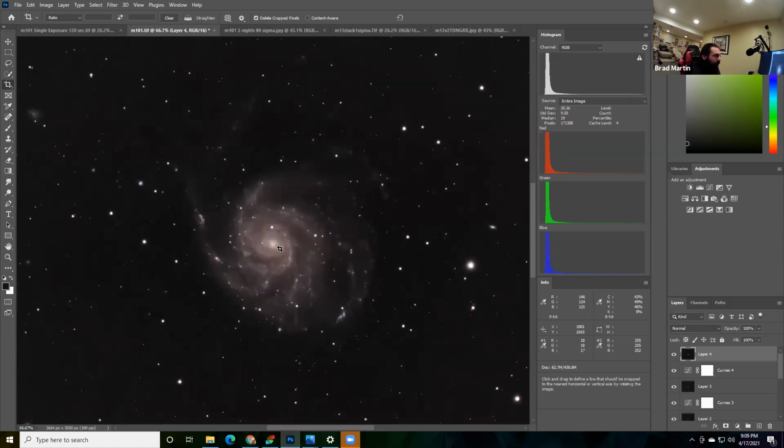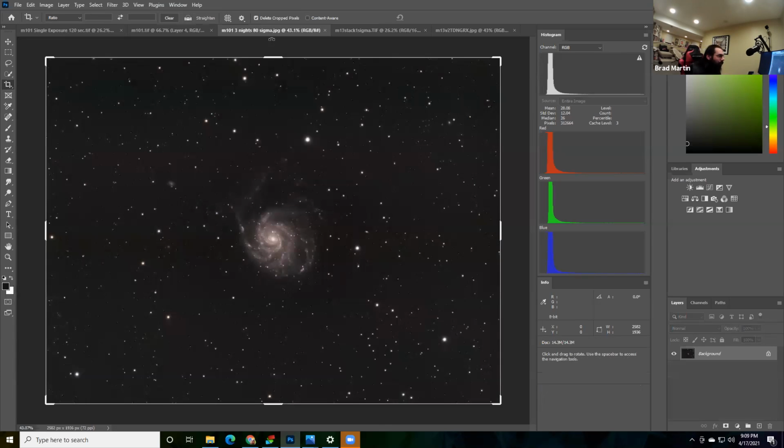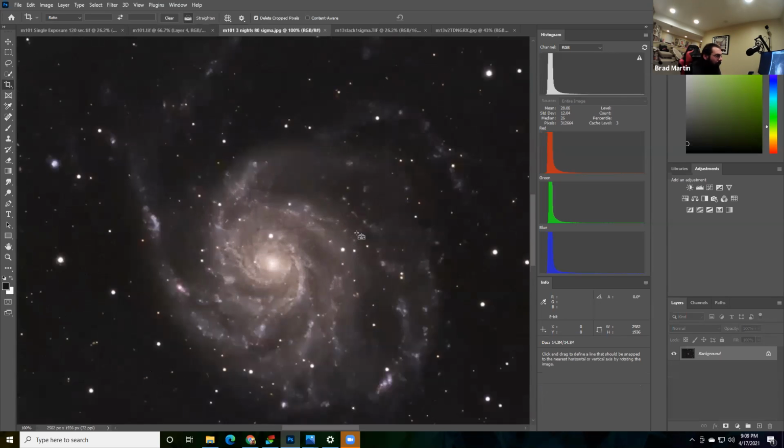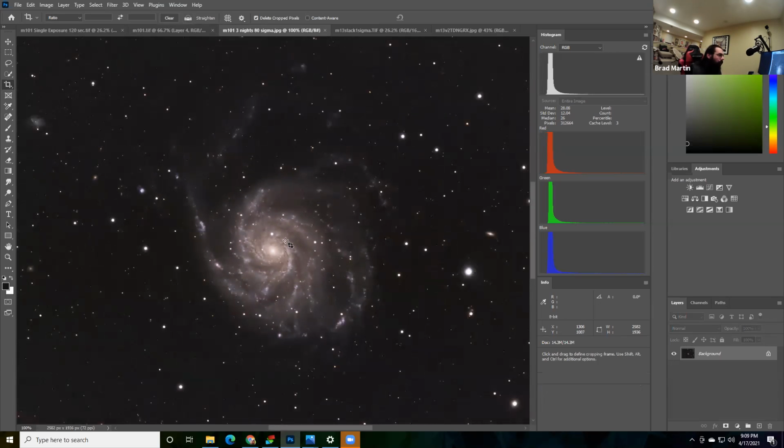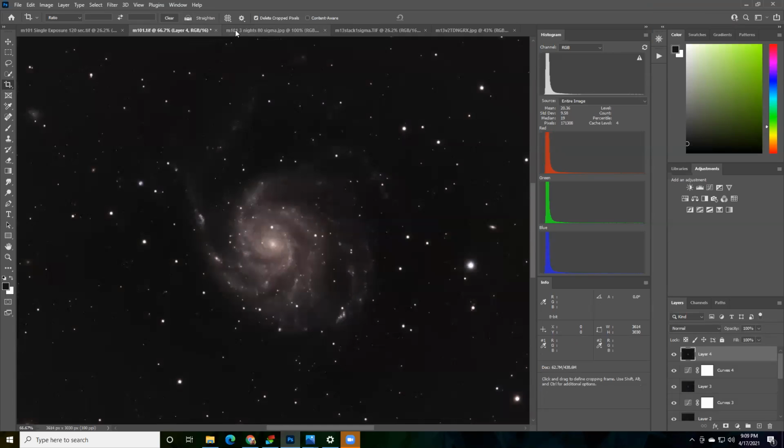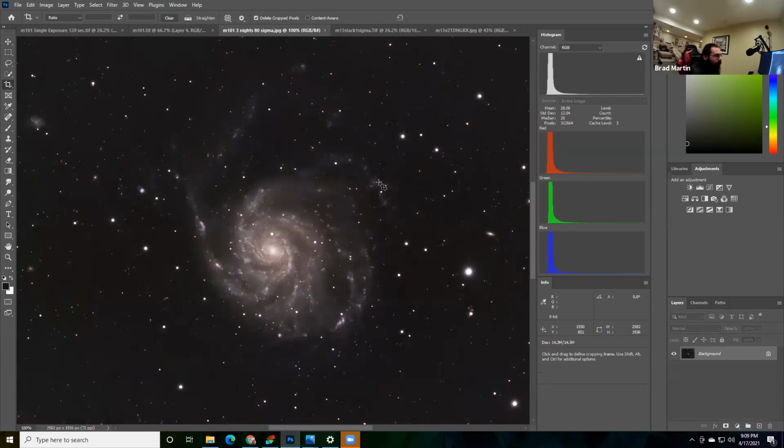So this is what I did in, I don't know, however long it's been since I've been talking. And then here's one that I took my time on of the same object with the same data. It's a little bit better. So I got more detail out of this one. Let's take a look. Yeah, it looks great. You can see the difference there just by taking more care with doing my curves and stuff. Anyway, this concludes my presentation on doing that in Photoshop.